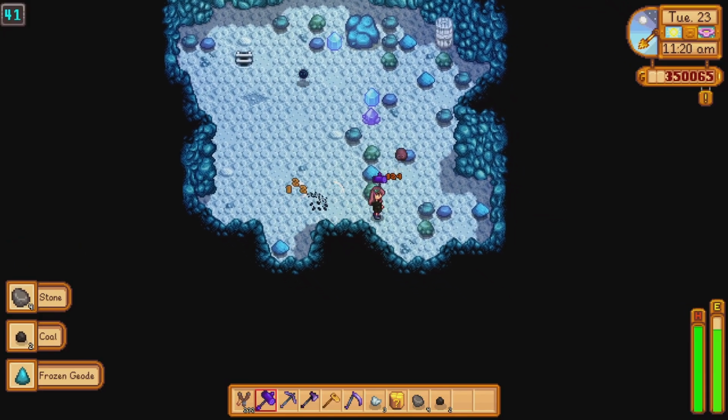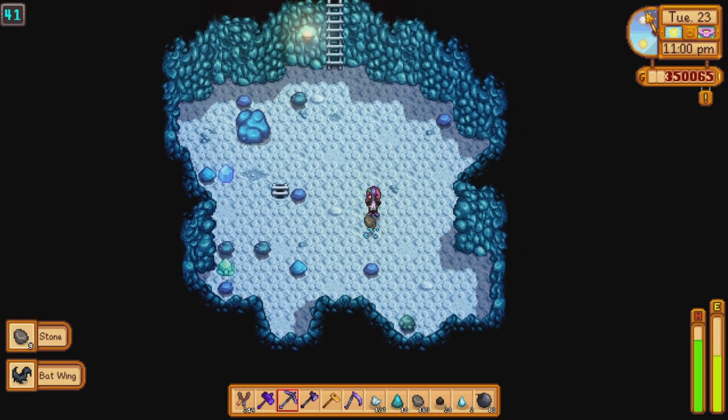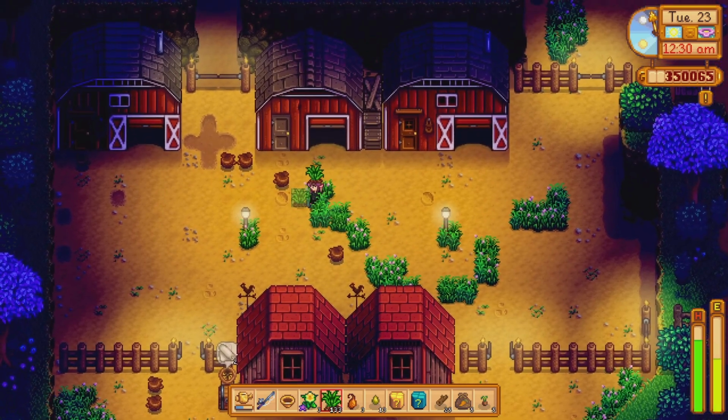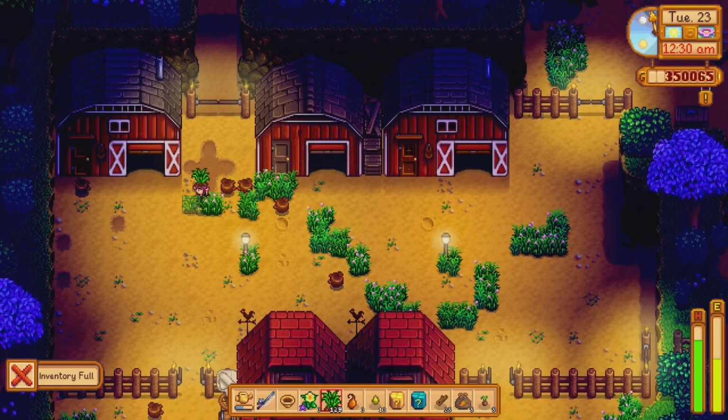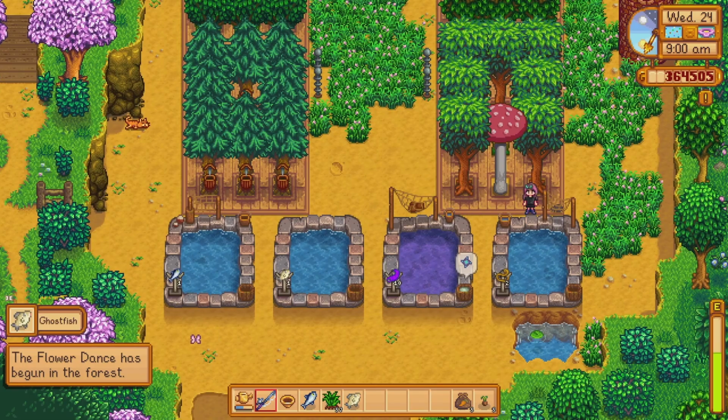Today is a displeased day, so I got more luck with geode drops, finished this run with 10 frozen geodes in my inventory, did a quick run around the animal pen and planted the grass starters, then called it a night. Day 24. I collected the eel and ghostfish from the fish pond and replaced them with a sea cucumber